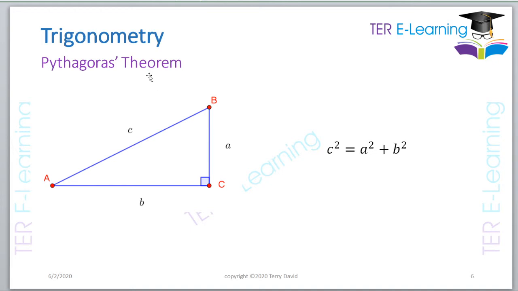So the first thing we're going to look at is something called Pythagoras' theorem, right? So in this diagram, I have a right angle triangle. I have labeled the vertices of the triangle as A, B, and C, right? So like we said just now, the side opposite C, we're going to call it small c. So that's what you see in here. This is called small c. The side opposite A,